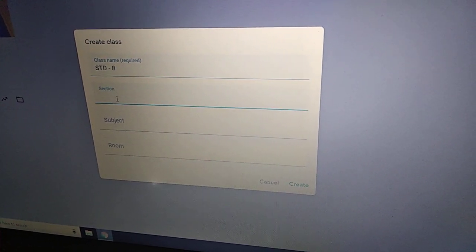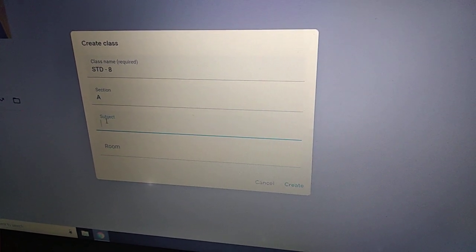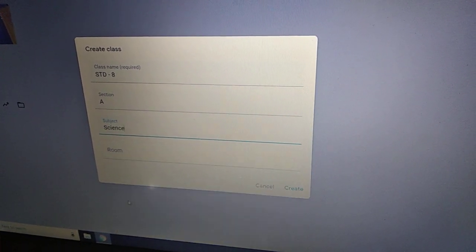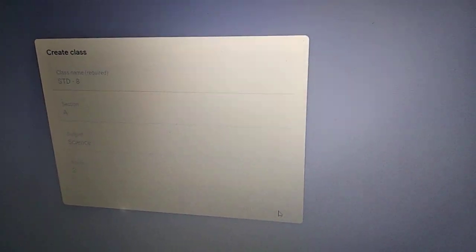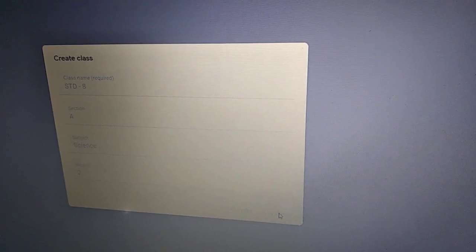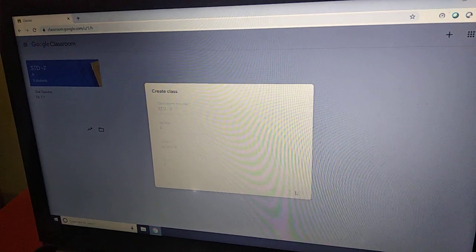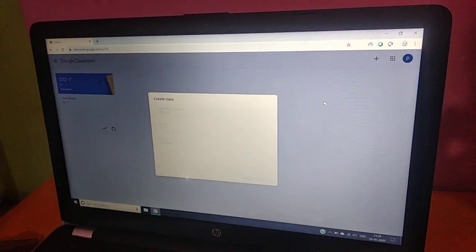Again section A, subject, if it is say science, here it is science, room, I'm putting this as room number 2, and we can create a class. So in this way we can create a number of classes depending on which class we are teaching.